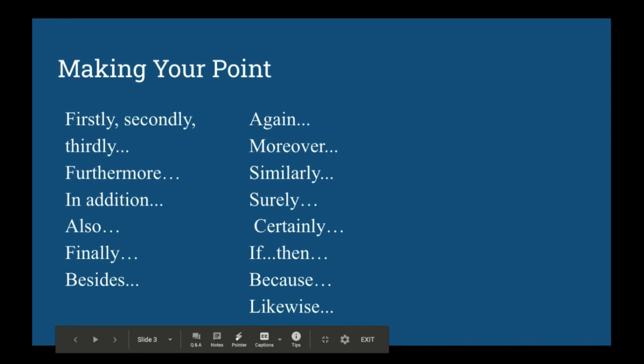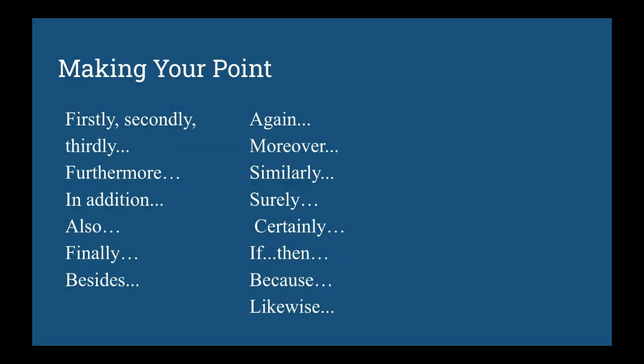Making your points. So telling people what you think, you can use these words: firstly, secondly, thirdly. These are really good for your body paragraphs in your argumentative opinions. Firstly, you should have a dog because they love to play and it will be fun for you. Secondly, you should have a dog because they like to be pet and cuddled and it's nice to have affection. Thirdly, you should get a dog because it is easy to train them.